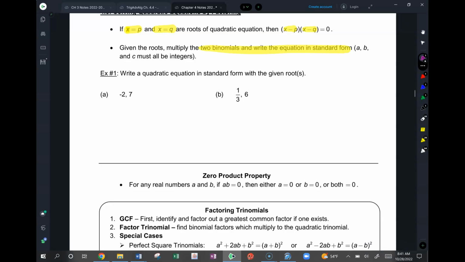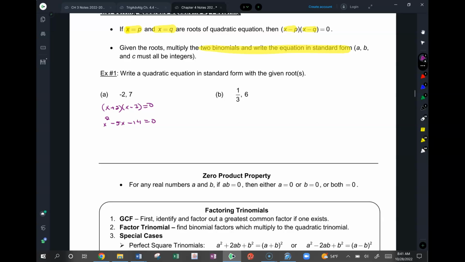We have two roots, -2 and 7. So here we have a parabola, roots -2 and 7. We want to write the equation in standard form. So you take the first one and you do x minus that one, so it'll be x plus 2. And then x minus 7 is equal to 0, right? And then when you FOIL this, you're going to get x squared minus 5x minus 14 is equal to 0. If you still have issues with multiplying out two binomials, you can come to bonus and we'll review some of